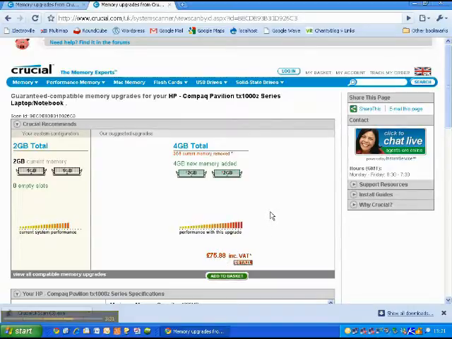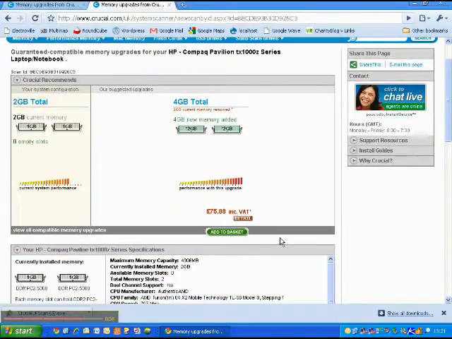Now chances are if your computer is really slow, and I know that quite a few in the voluntary sector have found that is the case, then you will be showing over here as 256 megabits of RAM, and over here it will give you the options to upgrade probably to 1 gig, something like that, or just another 256 megabits. And it will tell you down here the price is something like £10 or £30 or something like that. So if you want to purchase that, you just click on Add to Basket, go through the process. It will then tell you exactly what memory it is that you need for your particular computer